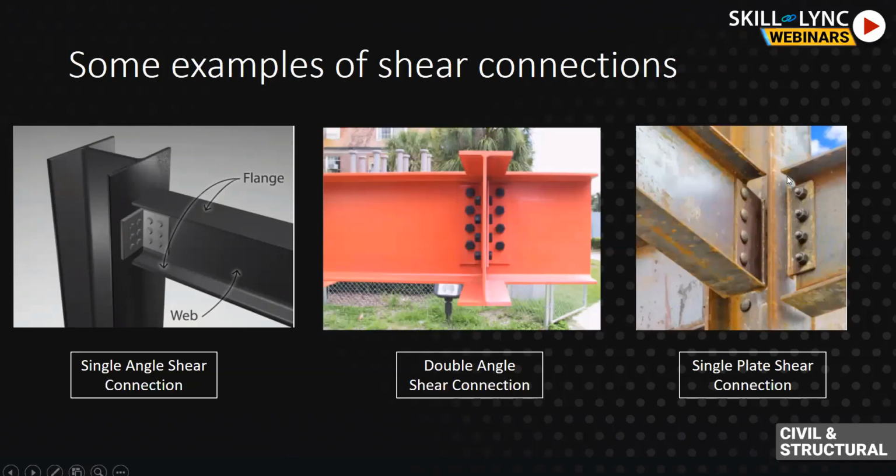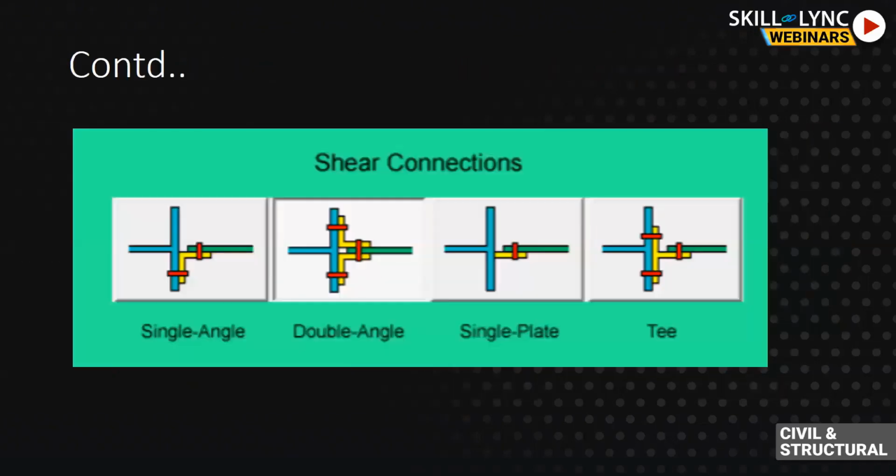Here you need to observe that in the third example, there is a visible gap between the flanges of the beam and that of the column. There is no connecting link provided between them. This feature itself tells us that this is a shear connection which is intended to resist just the shear forces, and no moment resistance can be expected from this connection. The flanges will in no case be connected to the column in a shear connection.